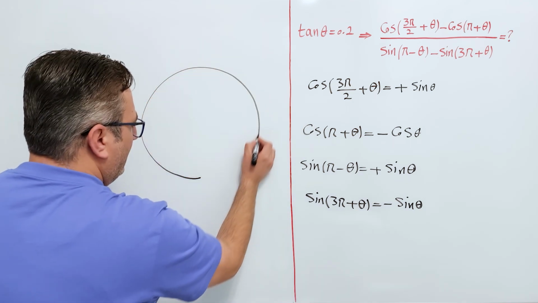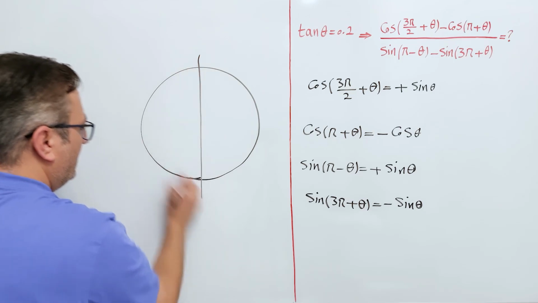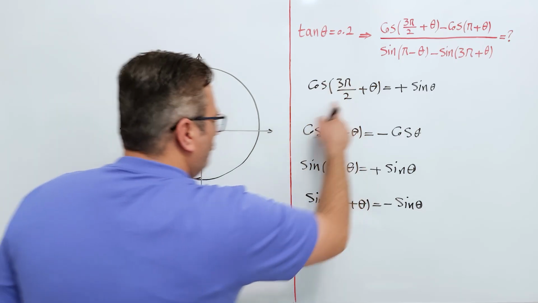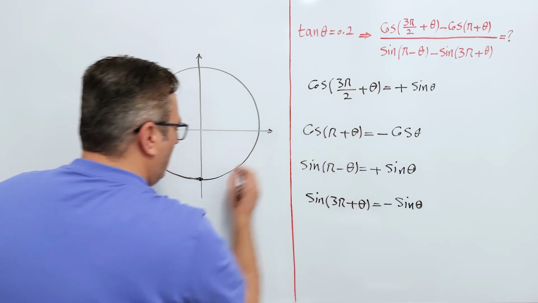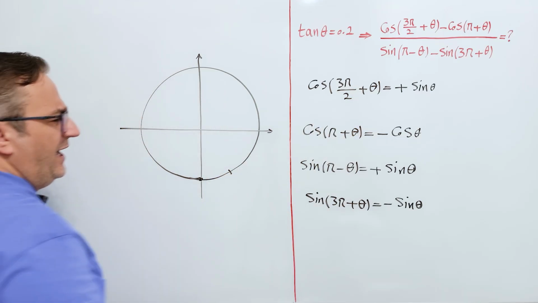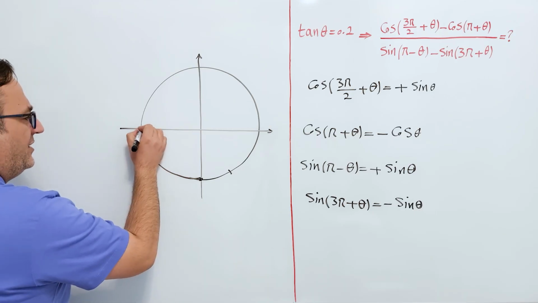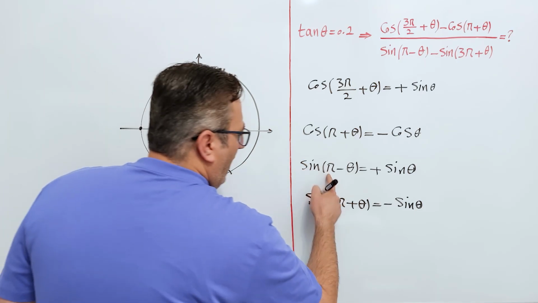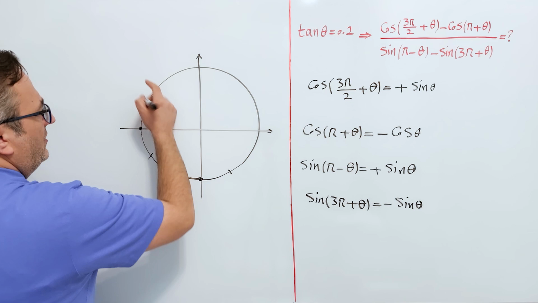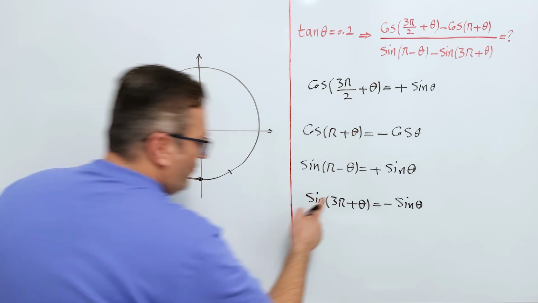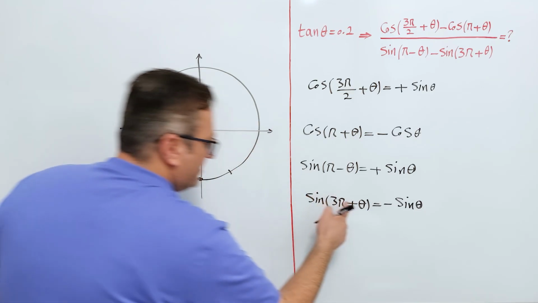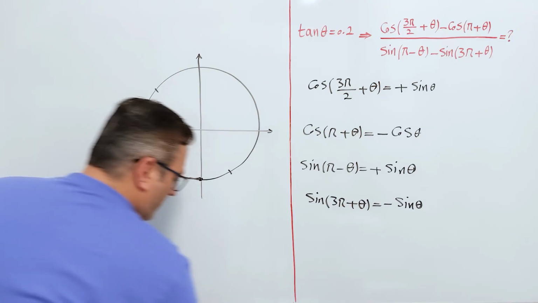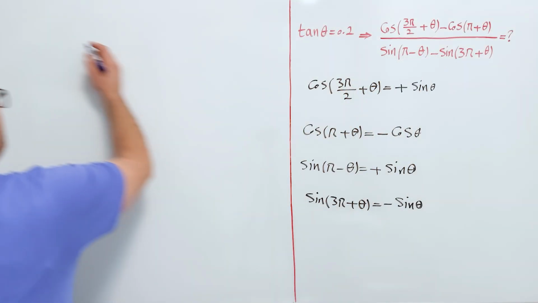Take a look at this unit circle. So 3 pi over 2 is here, plus theta is in the fourth quadrant, and pi plus theta, pi is here, plus theta is in the third quadrant. Sine of pi minus theta, pi minus theta is in the second quadrant, and 3 pi is here, plus theta is in the third quadrant. Okay, so this fraction is equal to